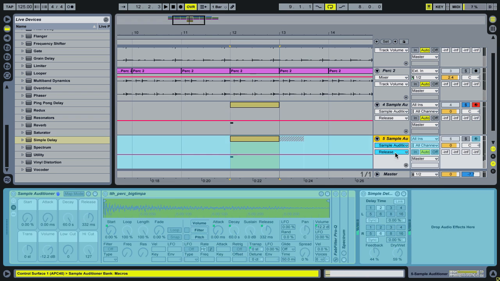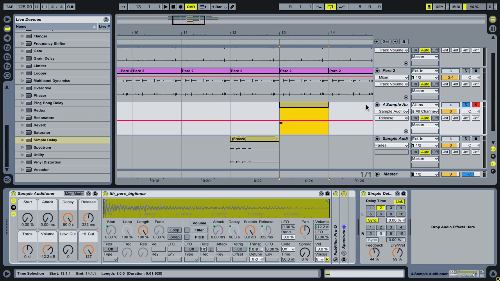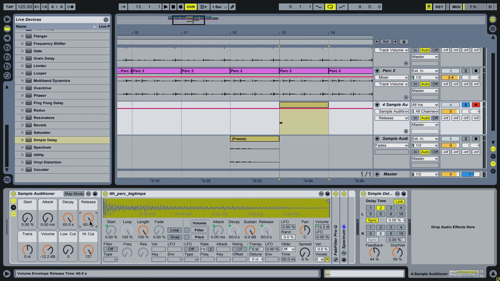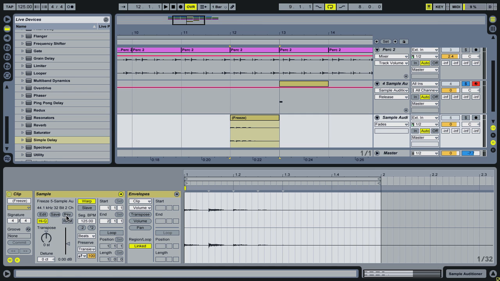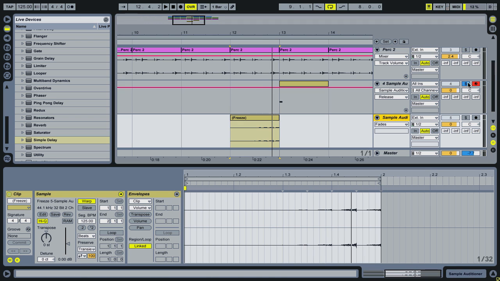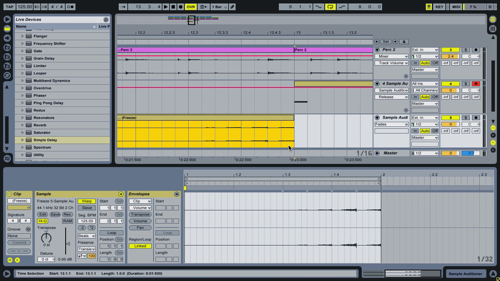So we'll freeze and flatten this. And then we can take our original sample, put the release back up on it, and we'll take the delay off. And then reverse this sample round so it leads up into it. So at the moment this doesn't sound quite in the time that I'd like it, so we'll go for 16ths. I'm just going to nudge this back a little bit